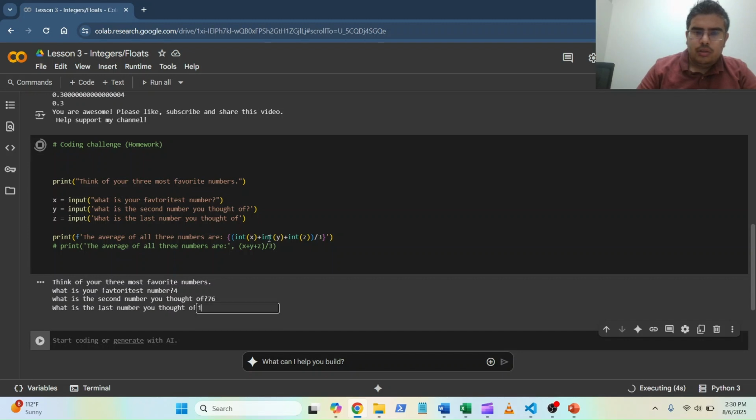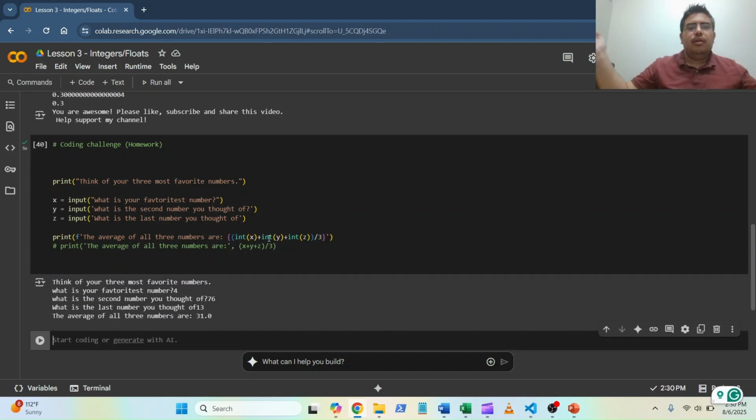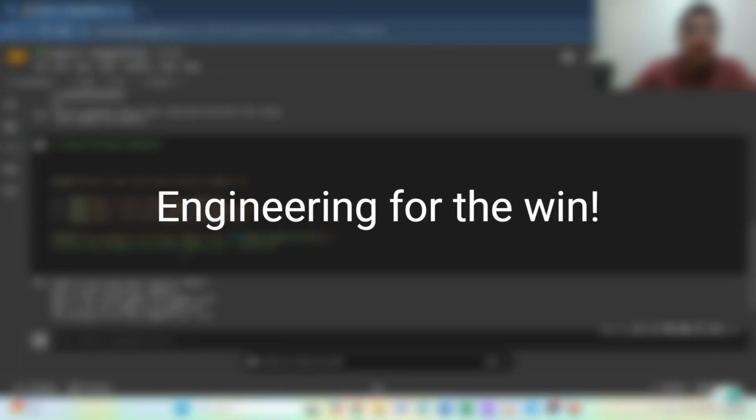76, 13. There we go. That's how we do it. Yes, that's how you do it. The reason is it was adding them all up as strings and then dividing it by 3. I think that's what it was doing. I'm not sure, but I didn't really want to figure out what I was doing. I wanted to figure out how to fix it,